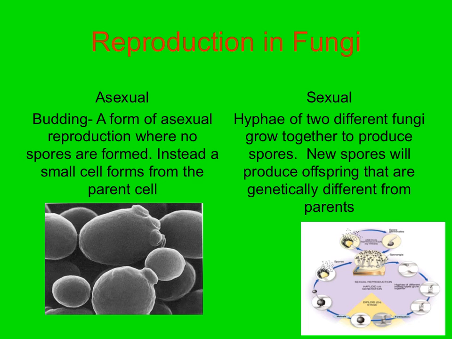Now, in the fungi kingdom, you can actually have two methods of reproduction. You can find some that reproduce asexually, like the yeast, for example, which forms a bud, which is a small version of the parent cell. You can see it right here. That will turn out to be an identical form of the parent cell later. Or some reproduce sexually by growing their hyphae together. And when they grow their hyphae together, they'll create a new fruiting body, which has genetically different spores than the parents.